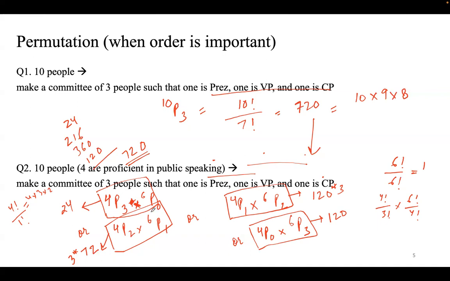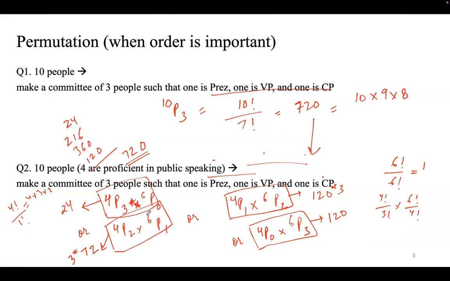So this thing is not important to calculate the actual permutation because you can calculate it from here. But this becomes your denominator, as we'll see in terms of probability, all the possible options. Now in the numerator will come some particular case, like the possibility that the president was from this group and the other 2 were from the other groups. So in that case, something like this is what you're going to use. You're also considering the 2 groups of proficiency in public speaking, and the 3 posts, president, vice president, and chairperson.